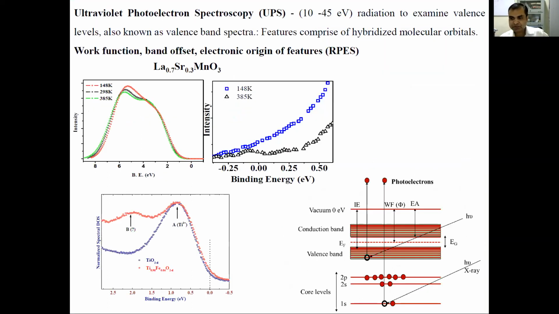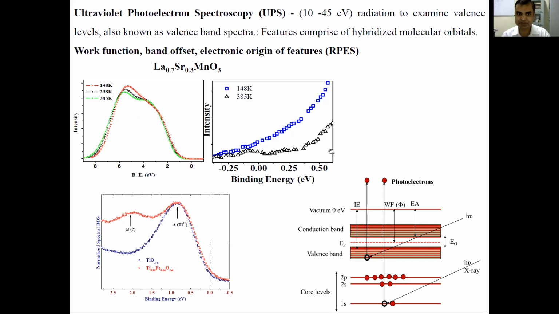Now, as I said, using X-ray photoelectron spectroscopy we are ejecting electrons from the core level, which are characteristic. It will not give us information about the valence band spectroscopy. Why? Of course, the resolution may not be that great, but to know the behavior close to the Fermi level, which actually controls most of the electrical properties in the system, we really need to probe the electrons ejecting from the valence band, and that is where we use